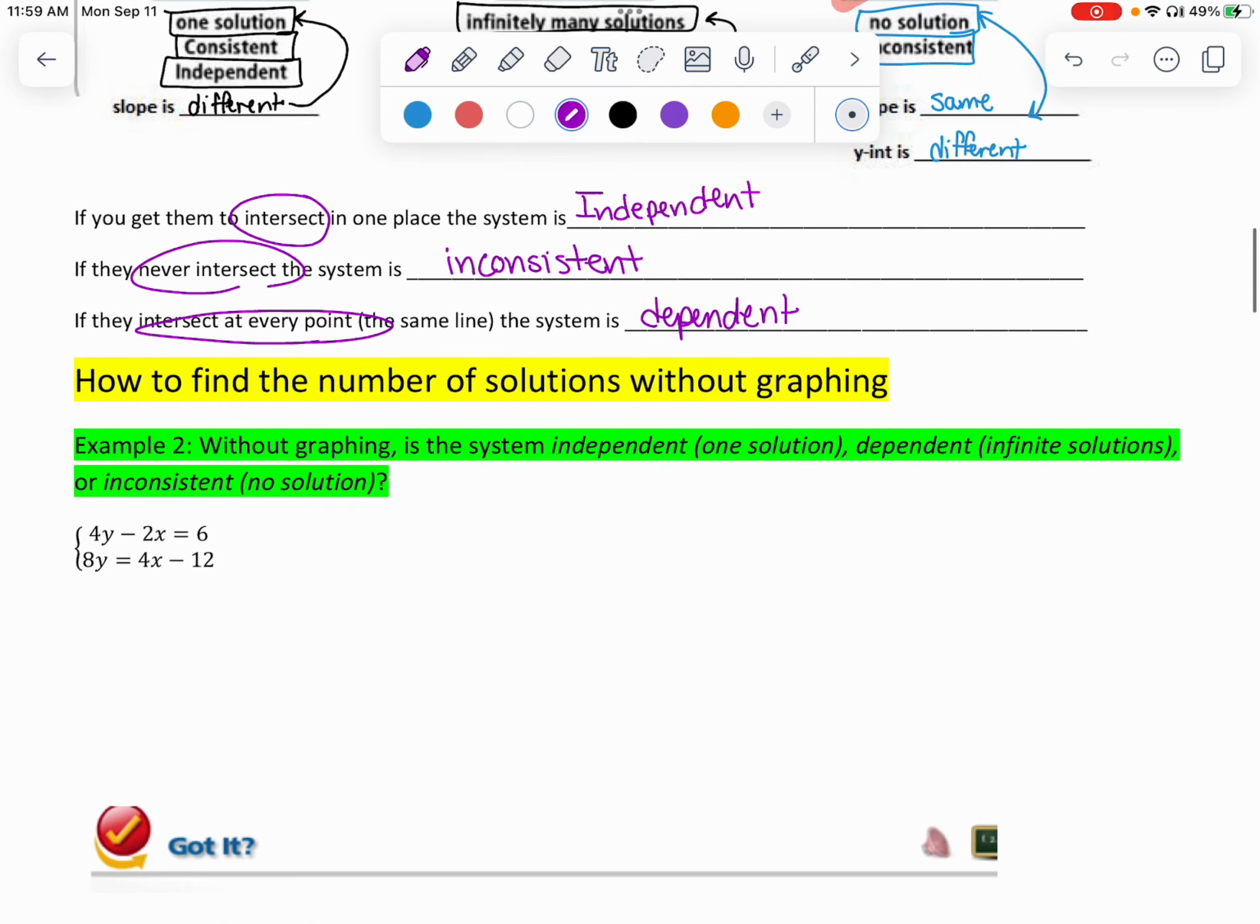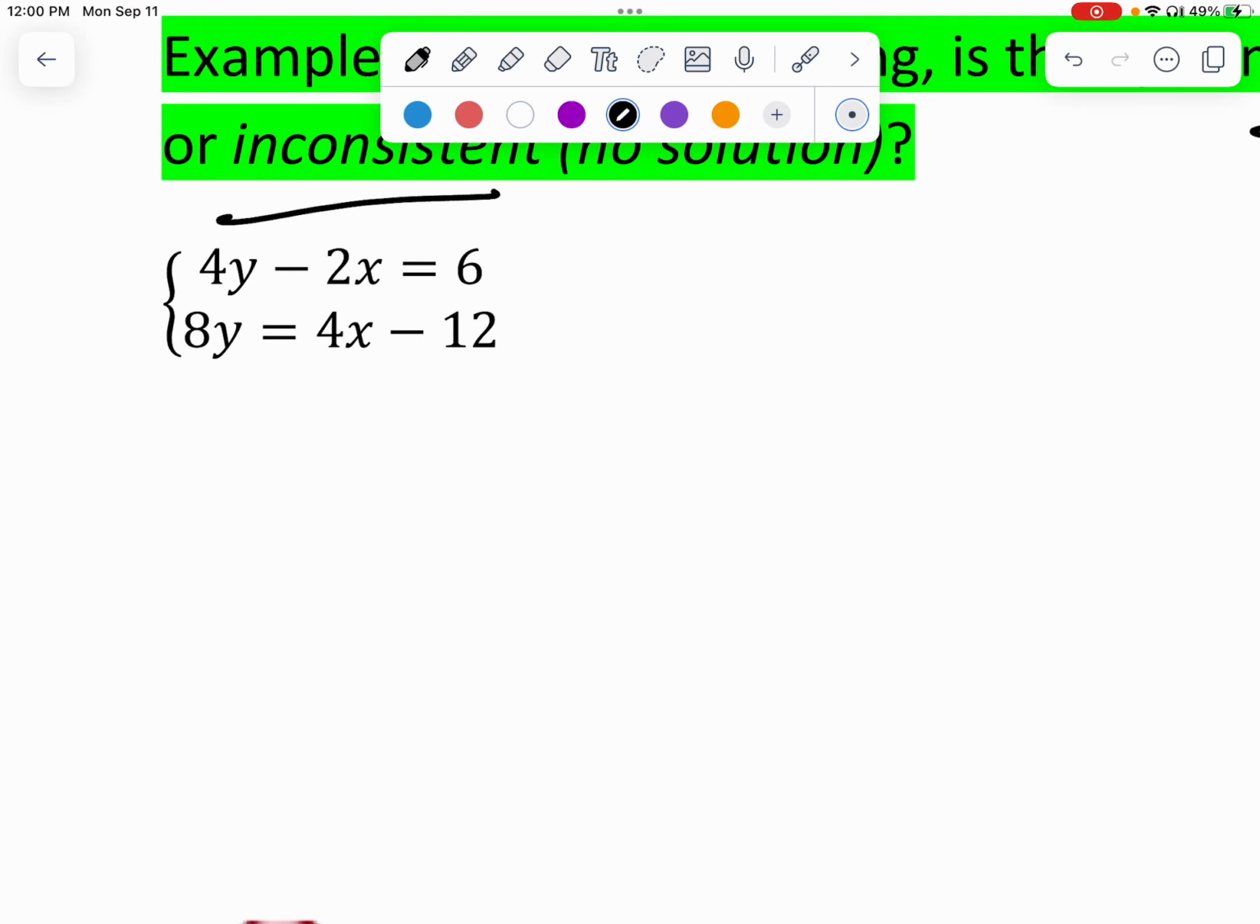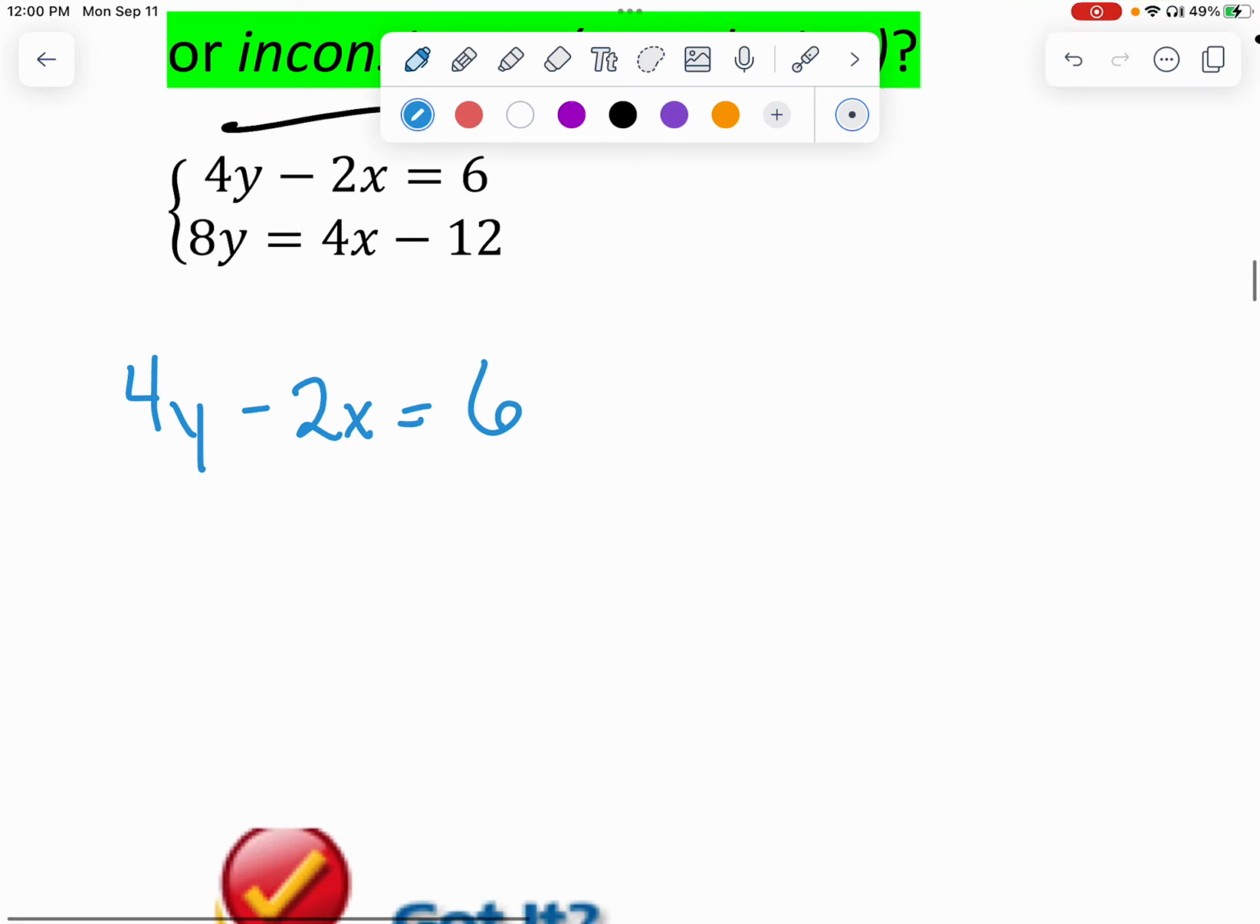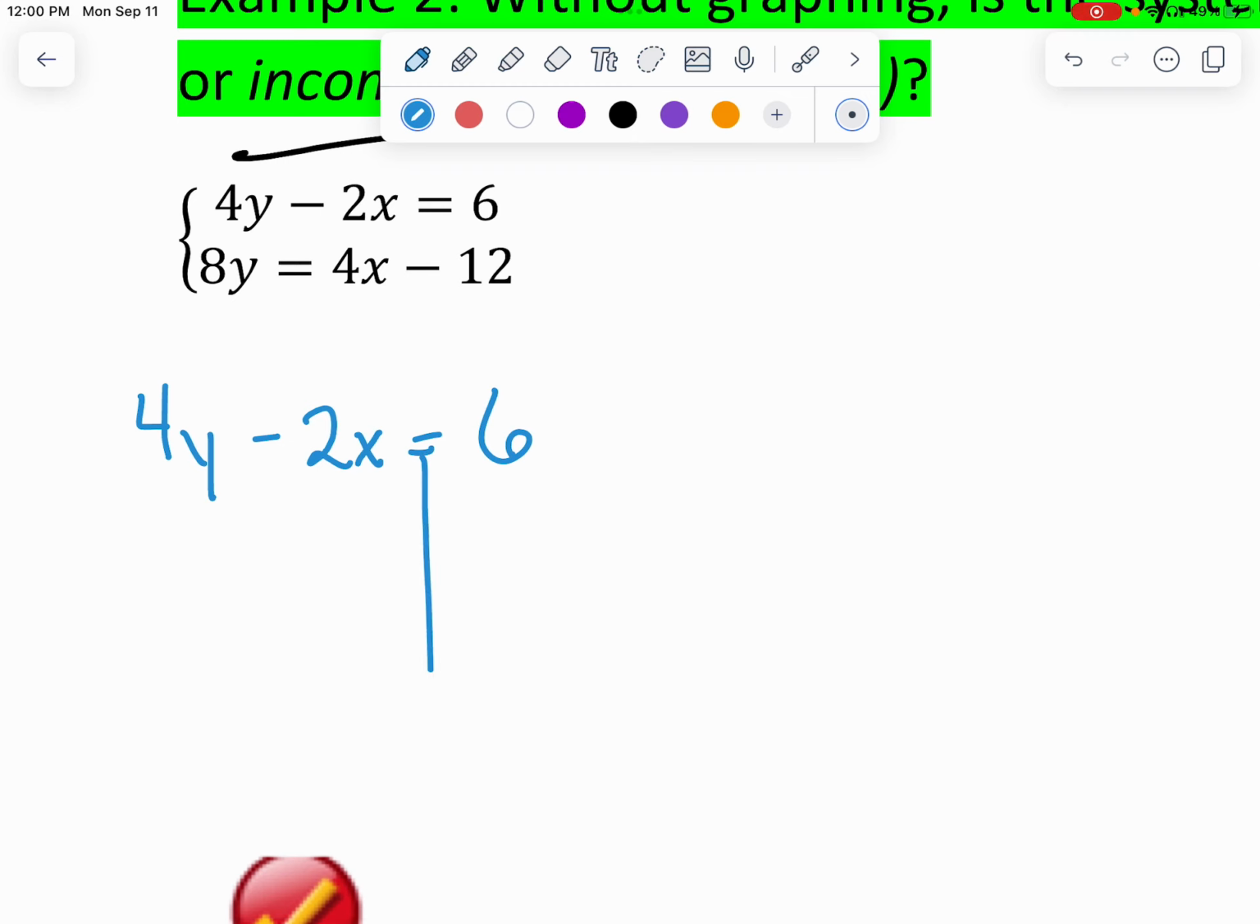Now, let's say that we're going through this and you're like, do I have to graph these? No. When the question looks like this, when it says, is it independent, dependent, or inconsistent, you can just look at the y equals mx plus b and use what I just taught you. Let's take a look at 4y minus 2x equals 6. I think my famous phrase is, let's take a look. If we're going to solve this, I'm hoping that you add 2x,